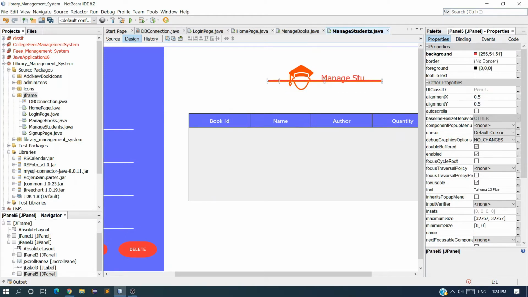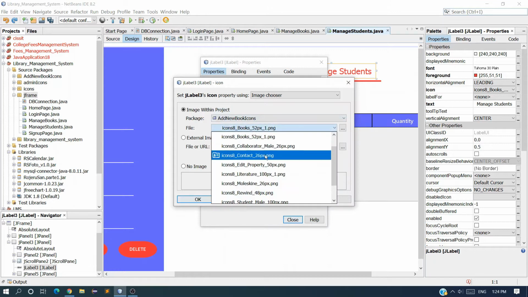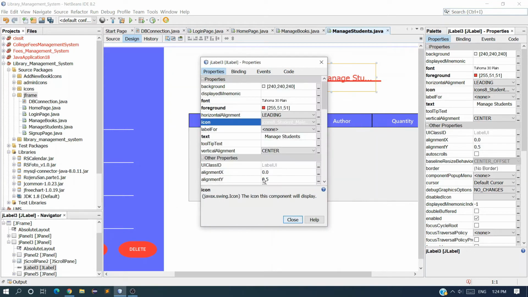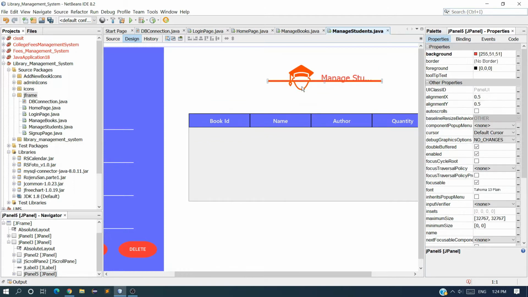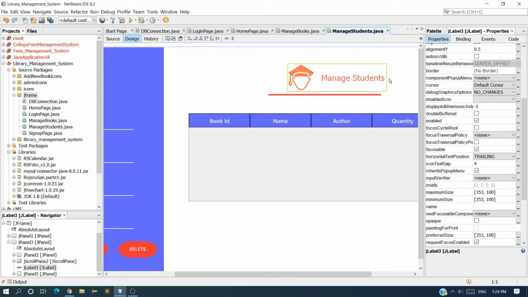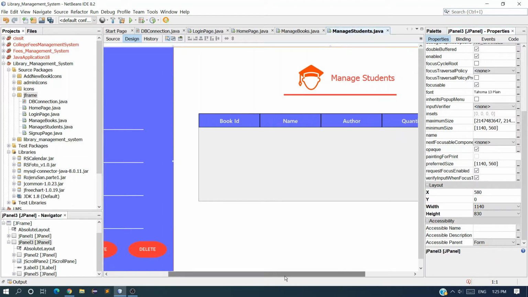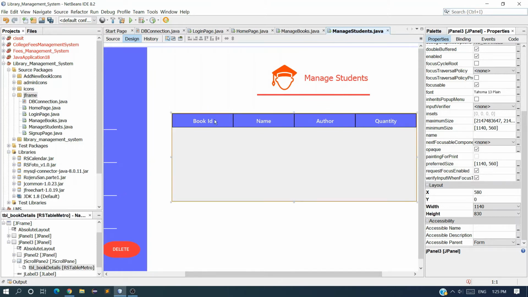Okay, this came here, Control Z, and again properties, icon, 100, and okay. So I have to change the position of this label. Select this panel, and for the y axis I want 150, more, 170, perfect. Now just increase the width, and for the x axis I want it to be 400. Now it's fine.